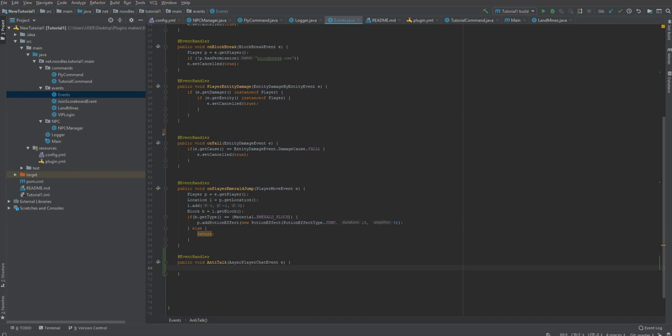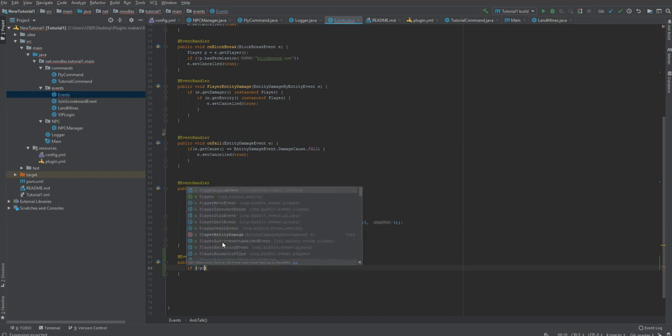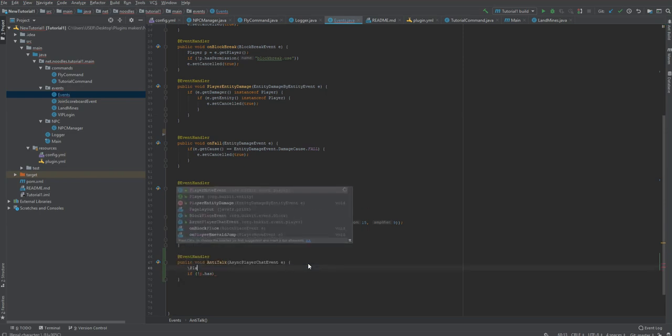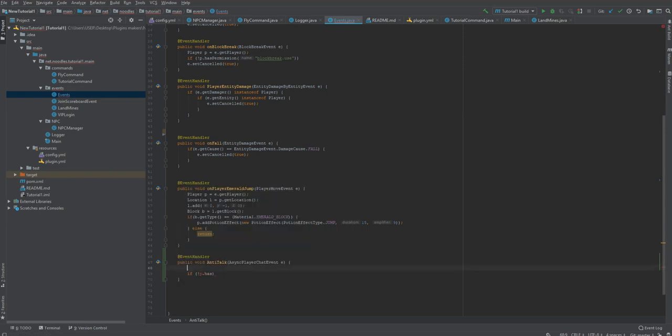We are first going to check if the player has a permission. So if the player does not have a permission, once again, we forgot to do this. First, we have to define what player is. So Player p equals e.getPlayer. Make sure we define that. Then we can say if p does not have the permission, by putting the exclamation point in front of it, and the permission we're going to name is chat.use. If they do not have that permission,